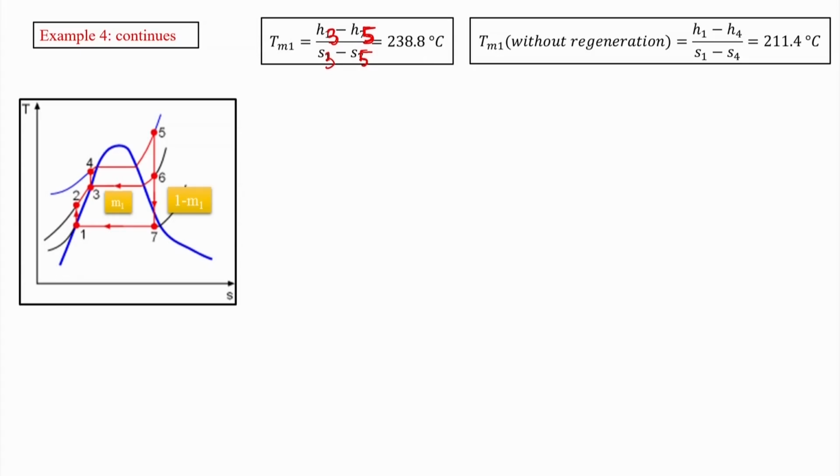This is the mean temperature of heat addition with regeneration, and without regeneration it is basically H5, H1,